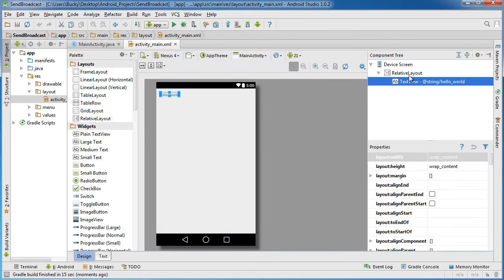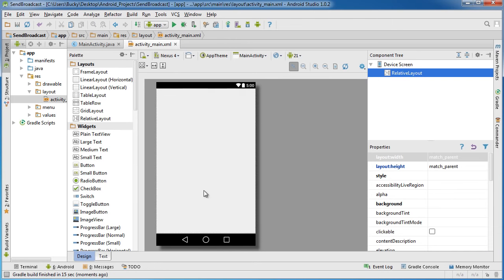So what I'm going to do is add one button to this screen, and whenever we click it, it's going to send out that broadcast to the entire phone, to anything that's listening for it. And in another project, we're going to set up something called a broadcast receiver. It essentially is just going to listen for this specific broadcast, and then we'll just print out some text on the screen or something. So the first thing I want to do is just add a button,